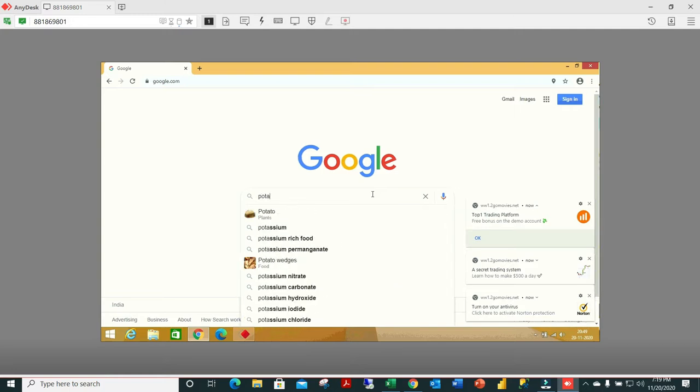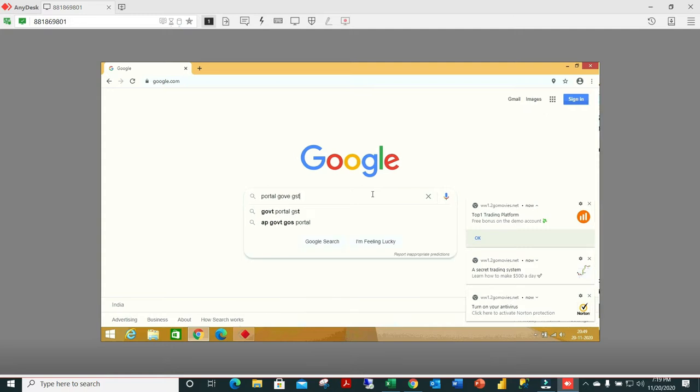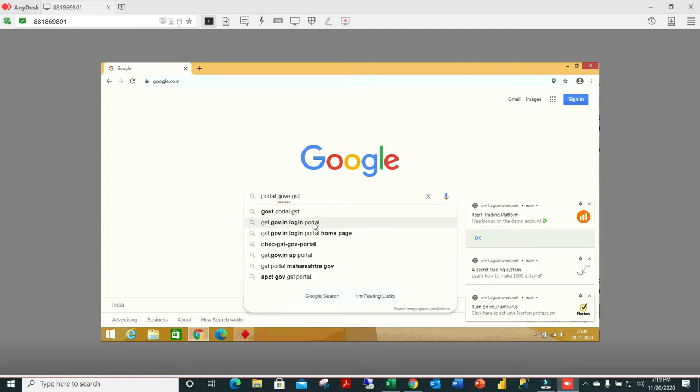Just Google and search for the GST portal. I will give you the link of the GST portal in the description below, but you can also search on Google.